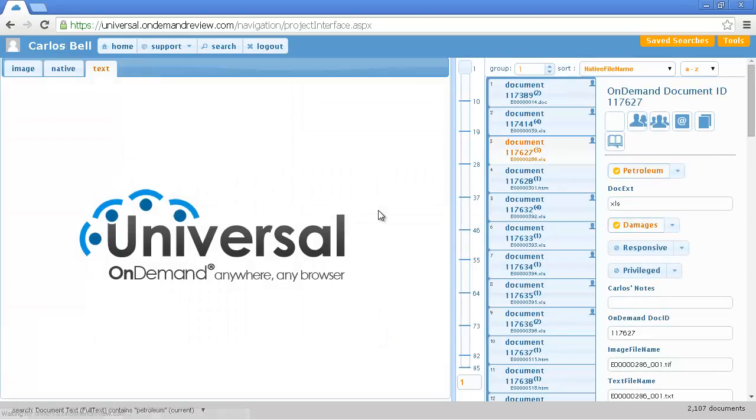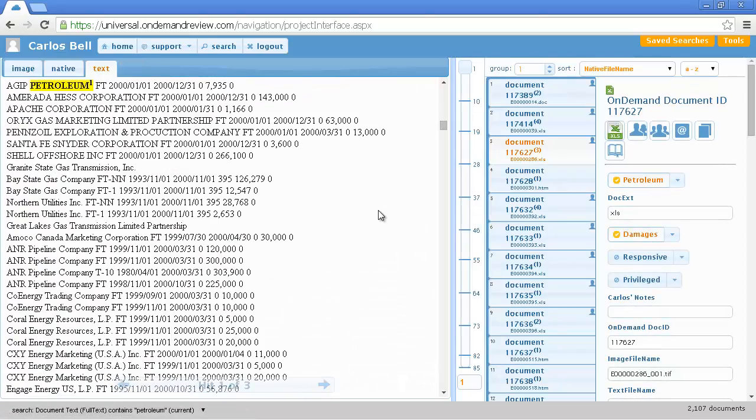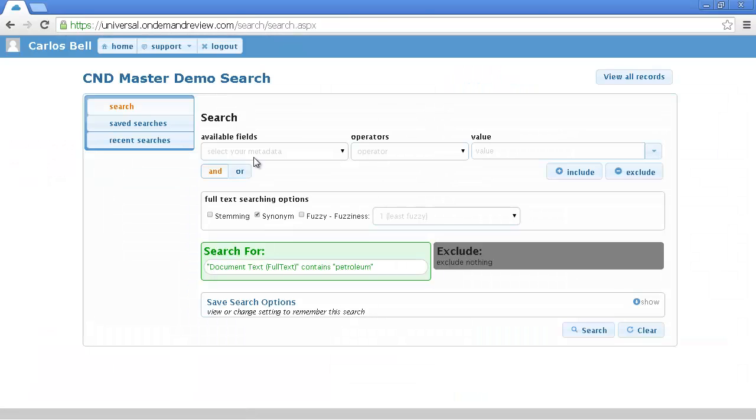So let's say that your colleague needs quick access to these documents we just tagged. Well, it's easy to run searches, not just through the full text of the documents as we just did, but on any of the 3 types of metadata fields. All one needs to do is go to the search module, and let's select the petroleum field from the available